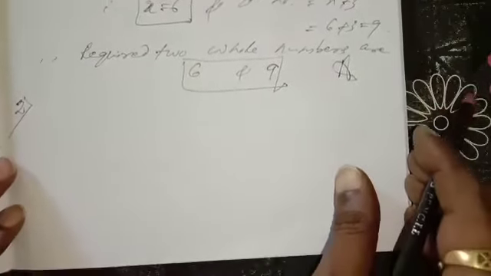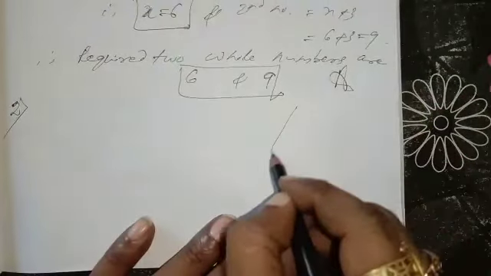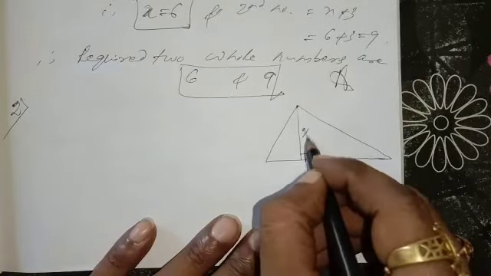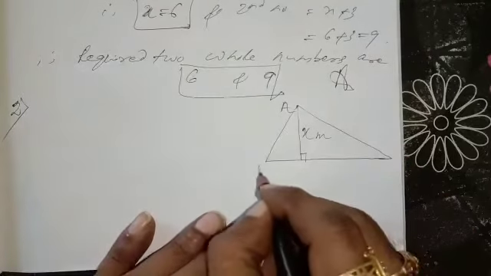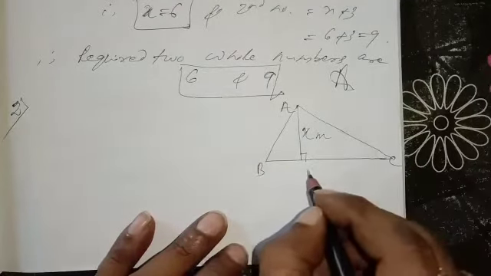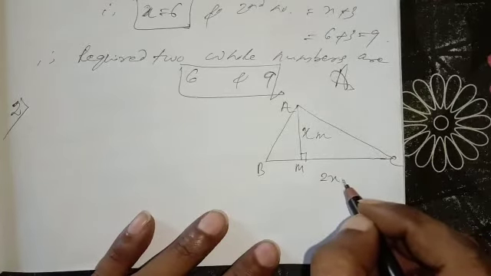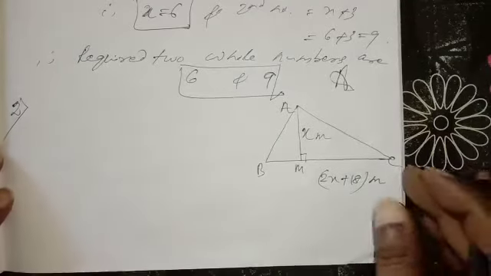Let us see question number 2. First of all, draw one triangle. Any triangle, a scalene triangle, having height. This is the height, means altitude. Let the height of the triangle be x meters. The height of the triangle I have taken x meters. The base will be how much? 18 meters more than 2 times. That means 2x plus 18 meters. Yes or no?